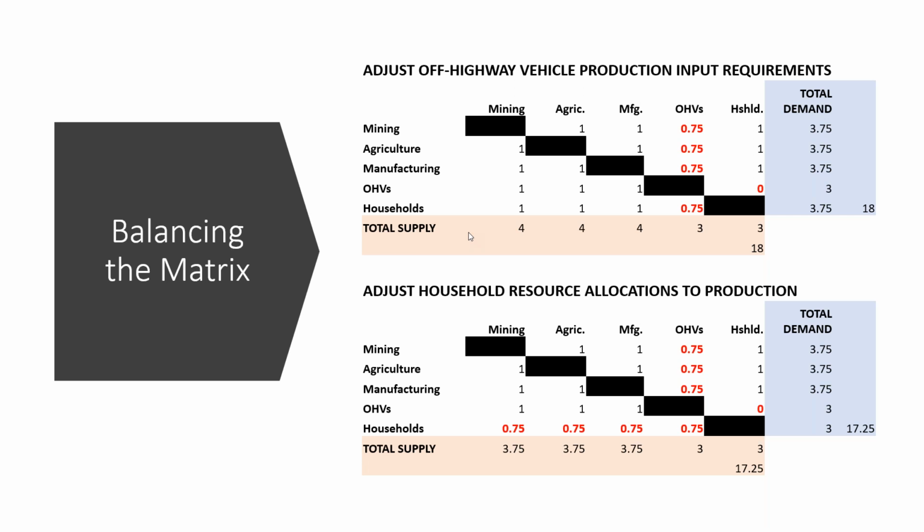So a direct effect of 1 unit caused 2.75 units of decline in the economy. We can say that household consumption of off-highway vehicles in this simple model caused, or was responsible for, 2.75 units of the total economy. If you have seen multipliers in a study like that, that would be a multiplier of 2.75.